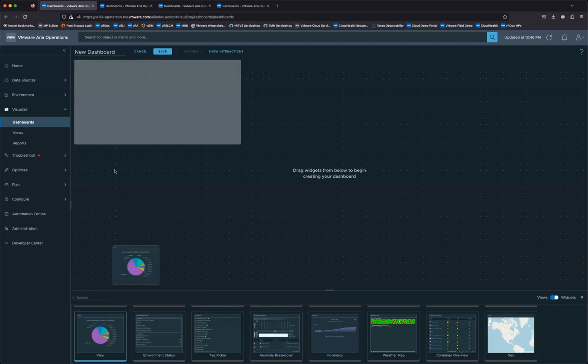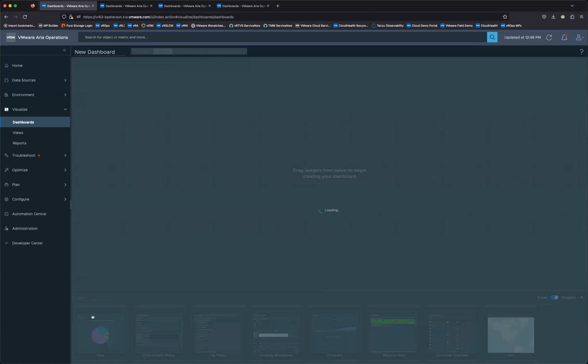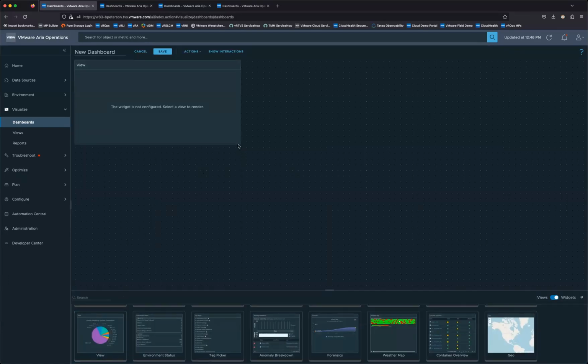So let's do it. Previously I did object list. This time I'm going to use view. And now what is a view? A view is a widget. A view is also a view. So within